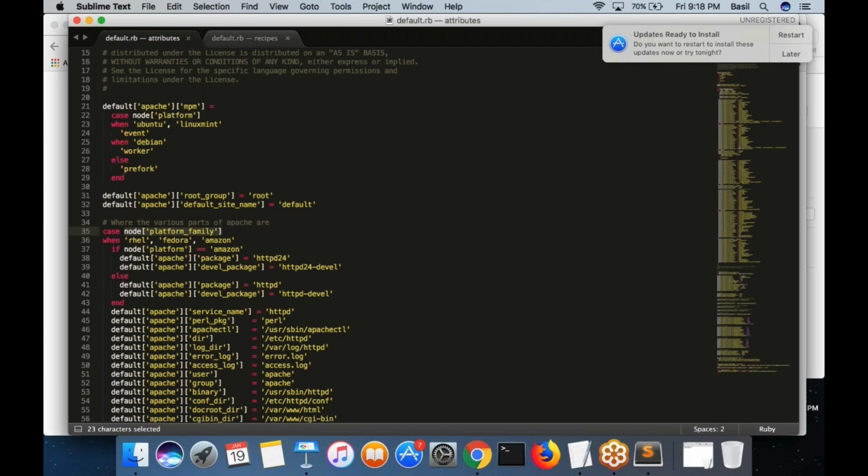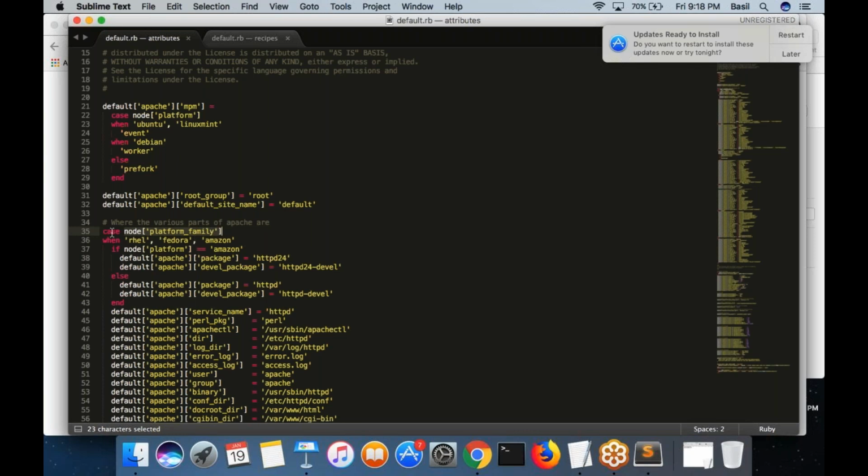If it is an Ubuntu machine, if it is a Red Hat machine, if it is Amazon Linux, Fedora Linux, CentOS Linux, what is the package name? Chef can identify by looking at this variable. Basically what this variable contains is nothing but the operating system of your client node.